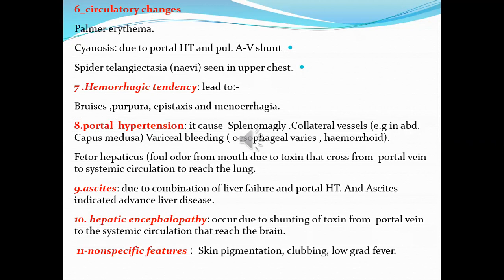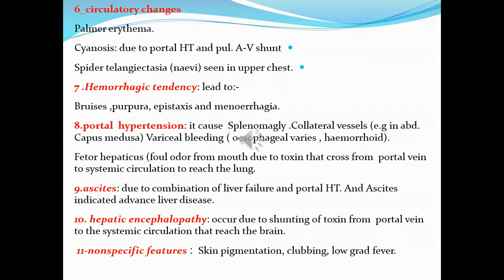or in chronic obstructive cirrhosis due to vitamin K deficiency, leading to deficiency of the coagulation factors 10, 9, 7, 2. Or it can come with portal hypertension. One of the manifestations or sequelae of cirrhosis is portal hypertension. It causes splenomegaly, collateral vessels, and they lead to caput medusae or variceal bleeding. Esophageal varices lead to upper GI bleeding, hematemesis or melena, or come with hemorrhoid-like.